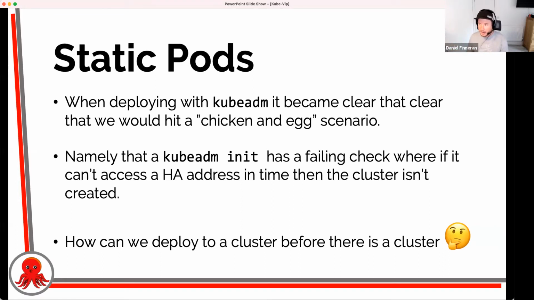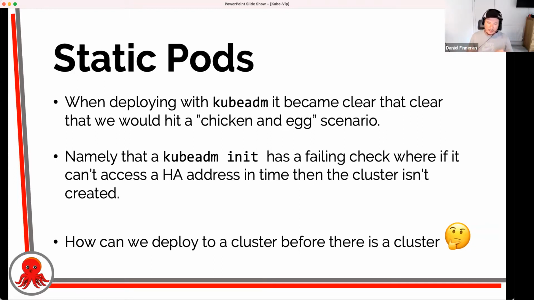Now, if Kube-Vip hasn't come up, or whatever technology that you're using for load balancing hasn't come up, and kubeadm init can't hit that IP address and thus the API server, it will fail. And at which point you've basically got a half stood up cluster, but no credentials to do anything with it.